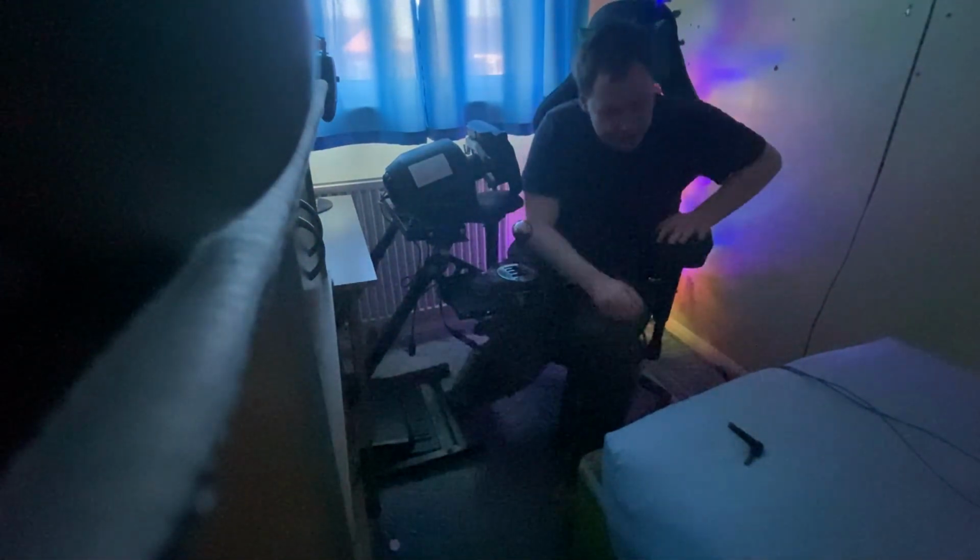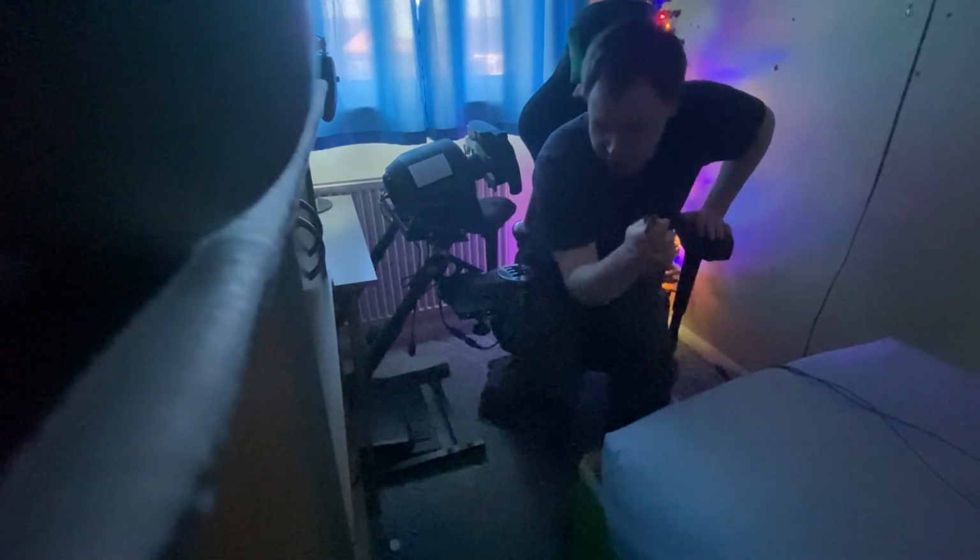So I put it in, screw it in, and that's basically it set up. Now I just need to do the other side, and this one has a bit of a problem, but I'll show you after that. So I basically come down here, and then I put this in, lift this up,